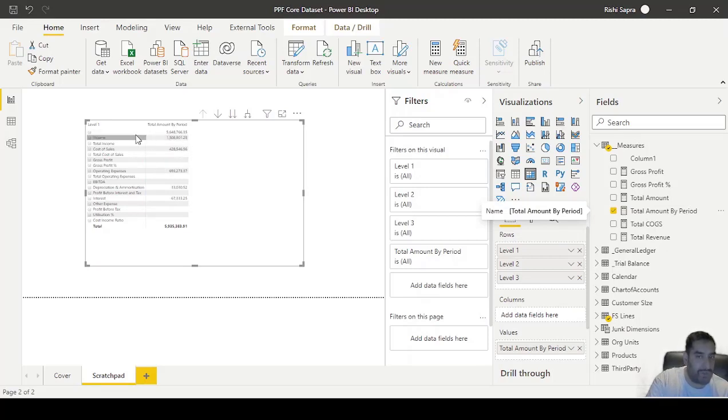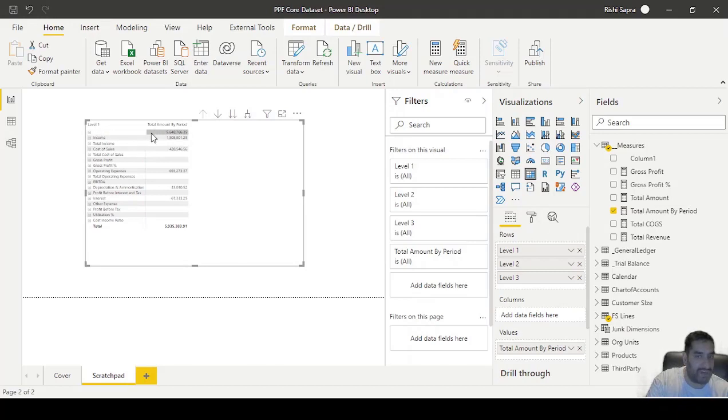So actually, rather than doing the blanks, what we want to do is actually have a switch statement that's going to look at what's selected here, what type of line is selected here from our FS lines table, and then return a corresponding value here. So if it's running total, it returns a running total calculation. If it's a FS line total, then it returns the value, and if it's a custom calculation like this, then it returns our measure that we've defined for that. So we'll do that in the next session, but for here, we've got a blank against all of these,